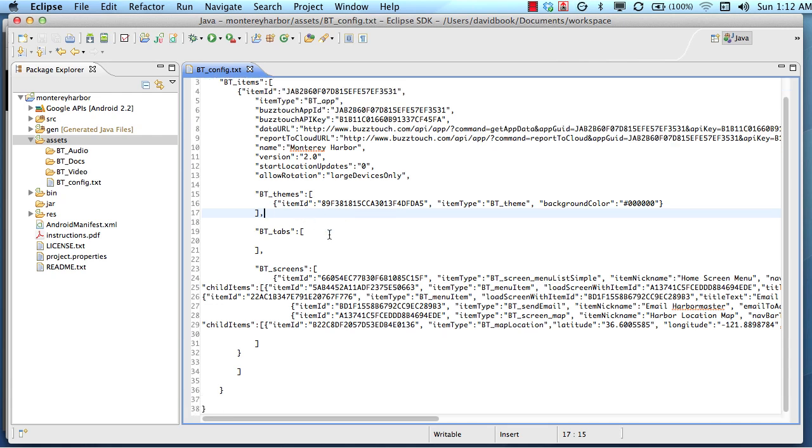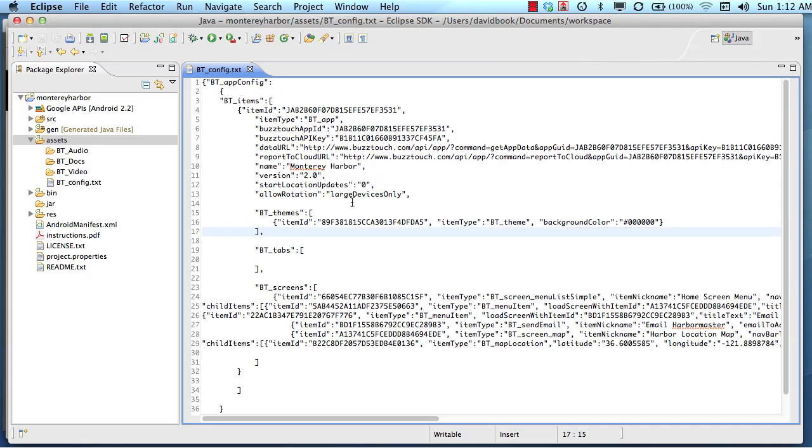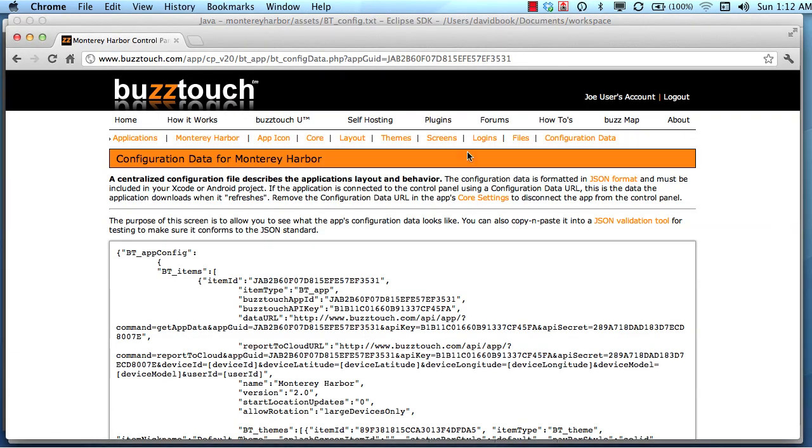However, you might make a change to that data, and you may need to make that change in your downloaded project so that you don't have to re-download the entire source code file package again. So that's how the control panel shows you that configuration data, you use the configuration data screen